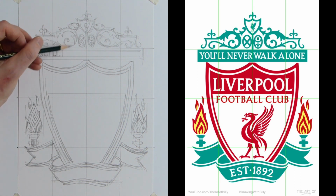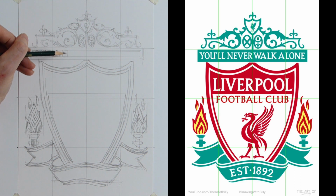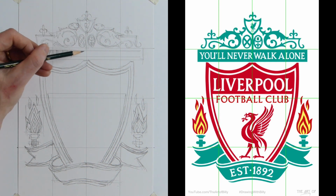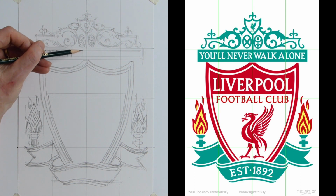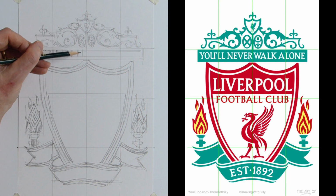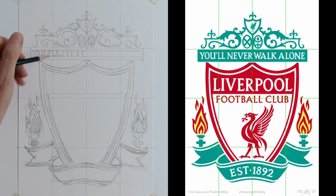Now the N, you can see, is wider than the E, so I'm drawing a rectangle there that's pretty wide, and then thinner for the E. That kind of comes up, and you can see how it goes up and meets the ball in the top part. Now I'm going to draw the box for the R. So we've got N, E, and then we've got 2 spaces. We've got the space for the V, and then the space for the E